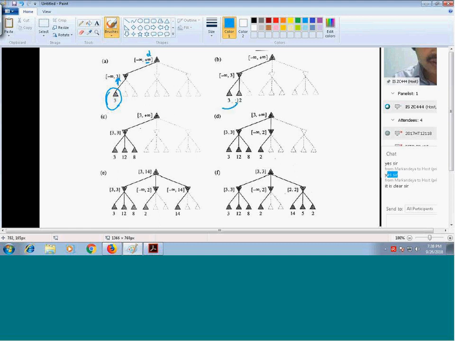Then the next node gets explored. Now it gets 12, but this particular node would not update this place because he knows that in the min it is 3. So why should I go for the 12? Because it would be beneficial for the A. Then the next thing is explored and we get 8 over here. The same applies, this also is going to be neglected because 3 is possible. Therefore, B would go for the 3. All the things are now explored, so C says this is the best thing that I can do.